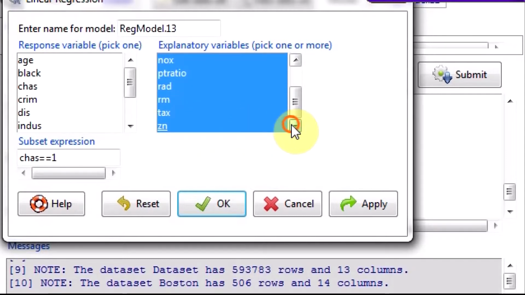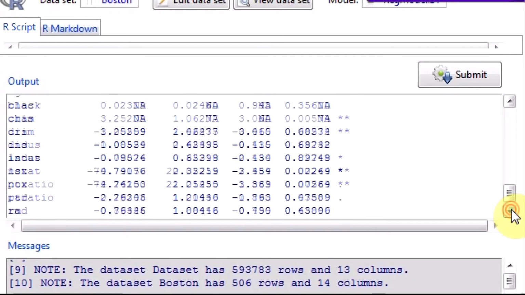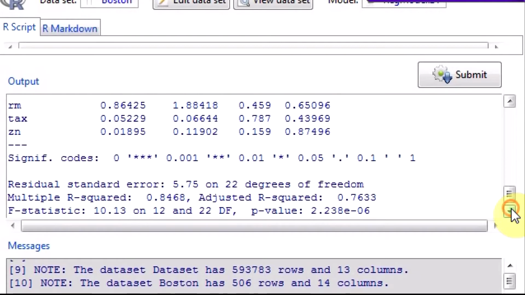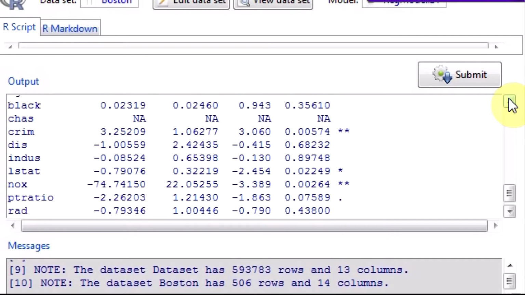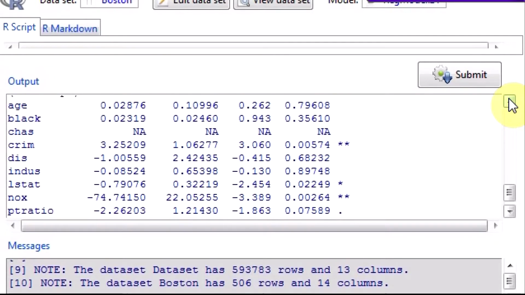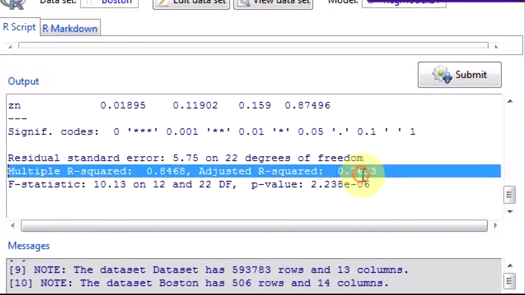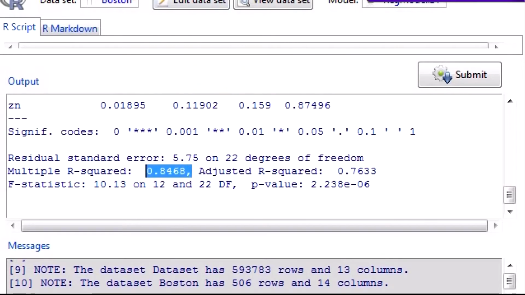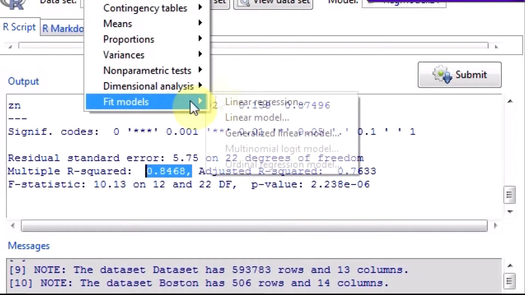You have to go through various iterations of applying it. Now you will see which variables are coming. Only variables which seem to be significant are crime and pollution. Almost nothing else is, and adjusted R square is 0.763, but the multiple R square is 0.48.